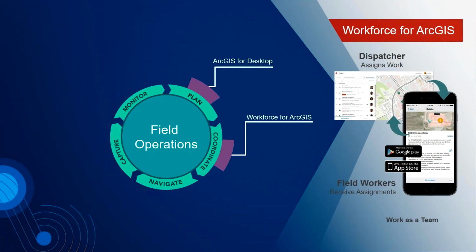And one we haven't discussed much, but it was used in Florida, is Workforce for ArcGIS. And Workforce is not a dispatch system, but very similar. So Workforce allows you to track your personnel on the map. So if they're running Workforce, you see where they are. It allows you to assign work based on any layer you identify. So I'll give an example.